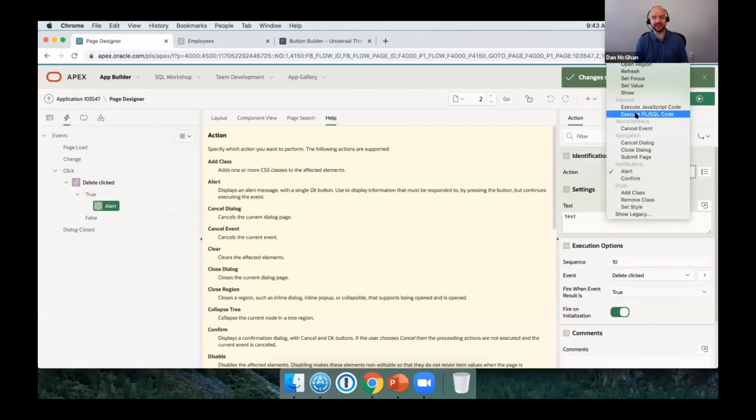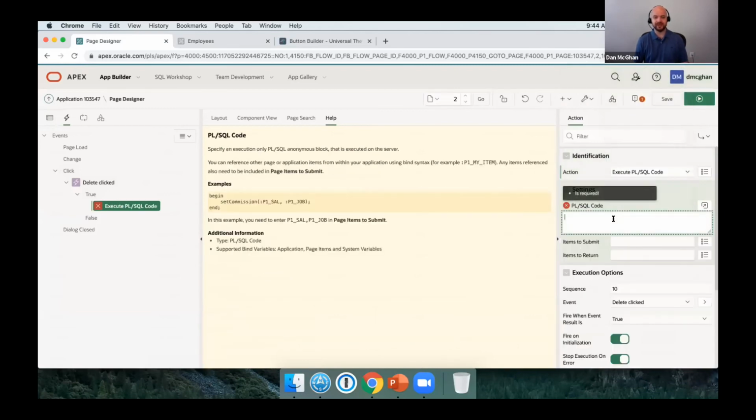So for that, I can use execute PL/SQL. This is one of our declarative AJAX actions. And I'm going to say delete from emp where empno equals. And here we realize that we're missing another important piece of the puzzle, if you will. I need to be able to refer to session state. Now I'm on page 2,